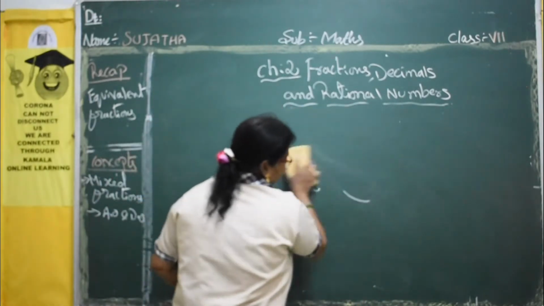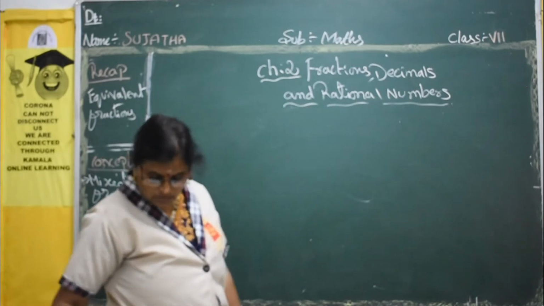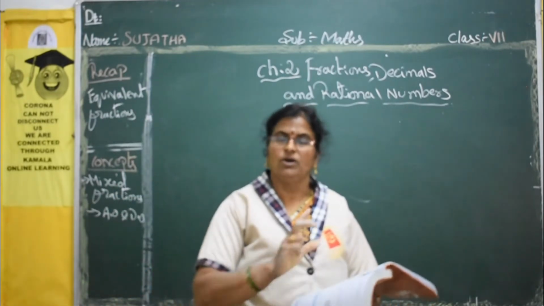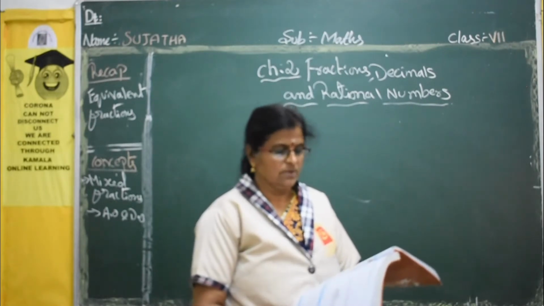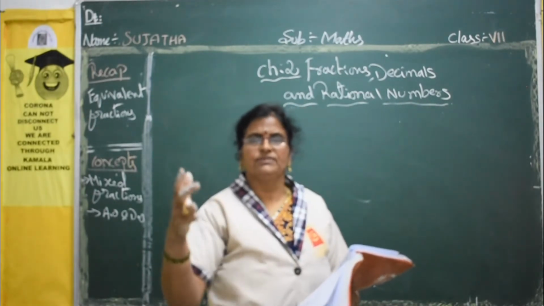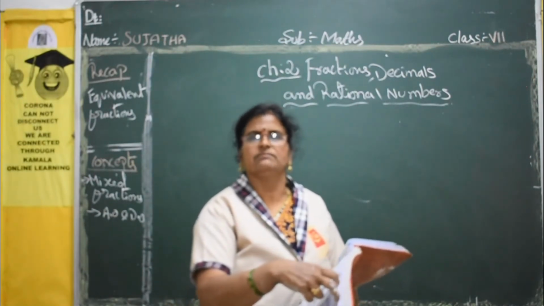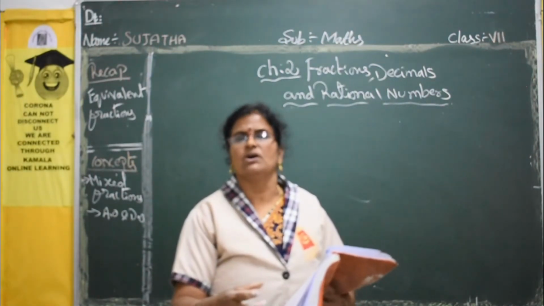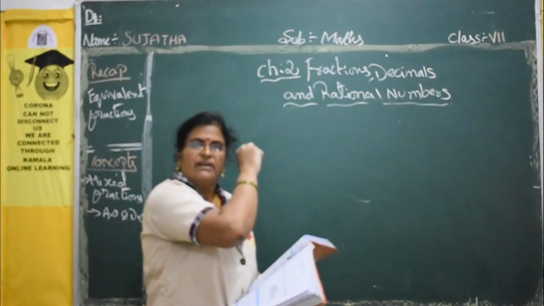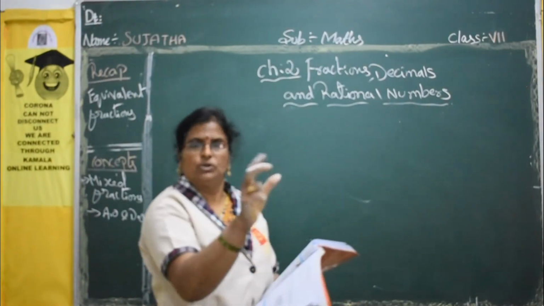Now, examples also I explained that you have to do in the classwork. Now, how to do the classwork? First, you have to write the chapter name. Then after that, what we learn is on the back side of the chapter. The key concepts you have to write all. Then the notes that I am giving, each and every line you have to copy.